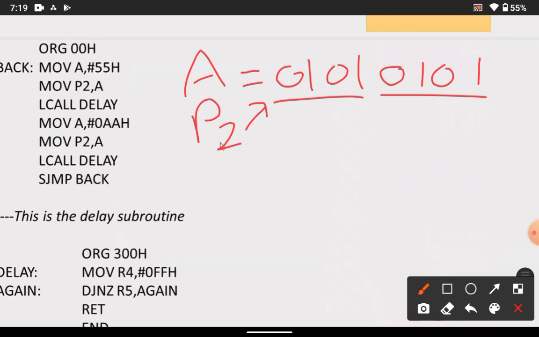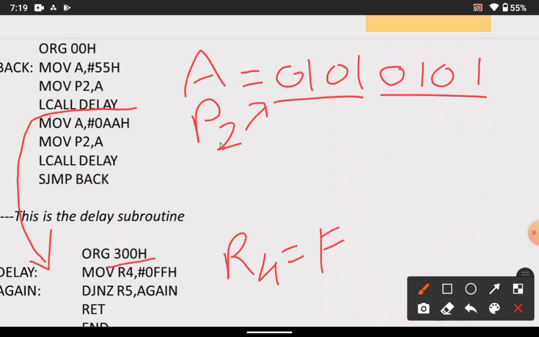Now LCALL DELAY. Here we are calling a delay, so we are creating some delay. LCALL DELAY means the program will jump to the delay routine with origin 300H. Now R4 consists of the value FF, and after that we have DJNZ, which is decrement and jump if not zero. This is R4, not R5.